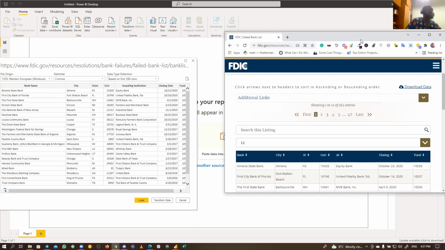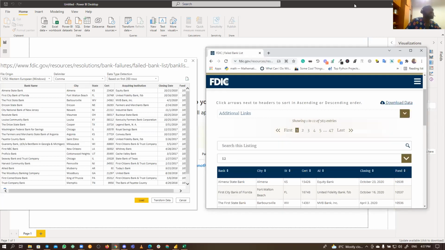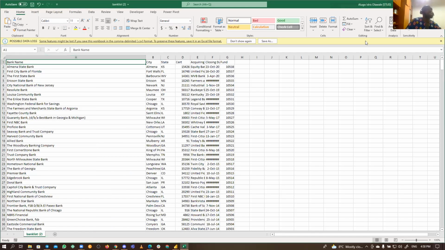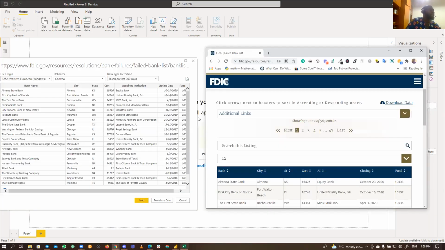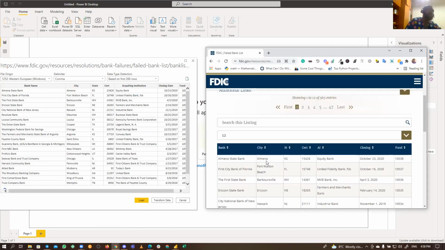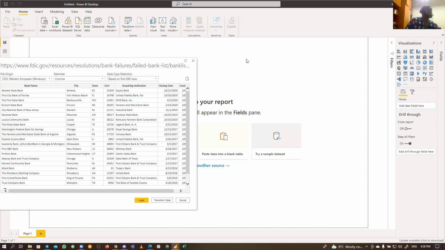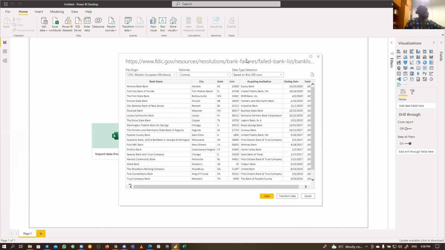I just want us to be clear with this. I'm going as elementary as possible, talking about data sources and all of that. So this is the file in Excel. You can see it's literally the same thing, right? So we had it downloaded. Then on Power BI as well, this is it. And this is the file on the web page. So it's literally the same thing. So either of these methods works.